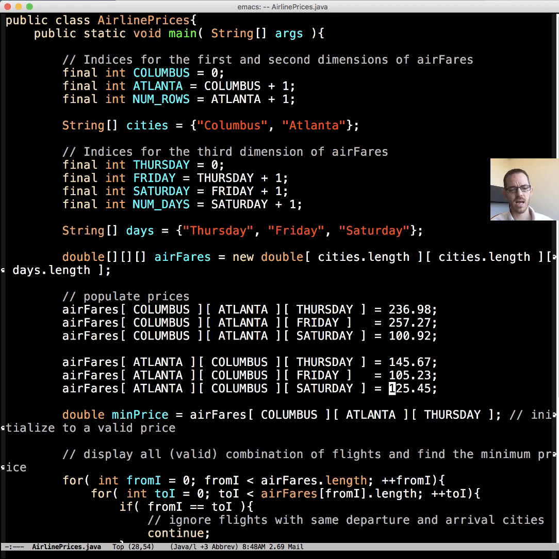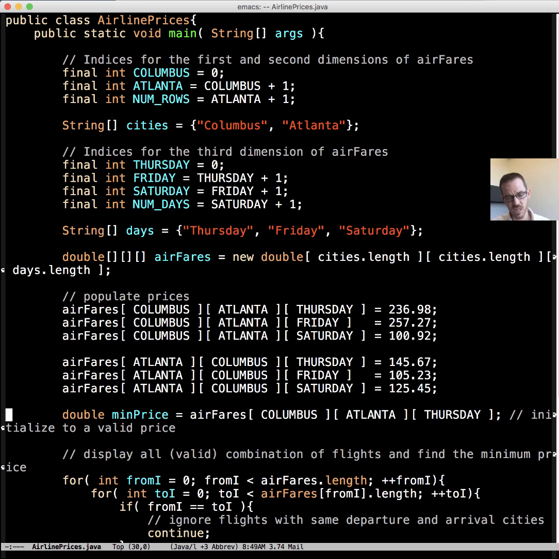And so now, here's some interesting code. Let's calculate the minimum price over everything in the array. To do that, we need something to compare it to, to say, have we found the minimum price? We can't use 0, because nothing will be smaller than it.